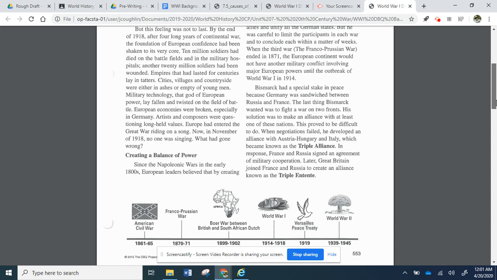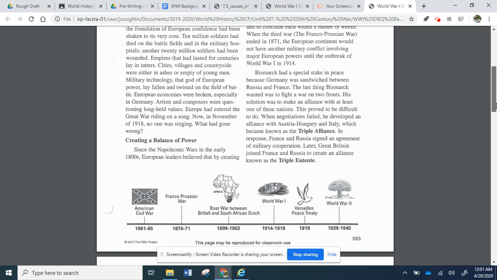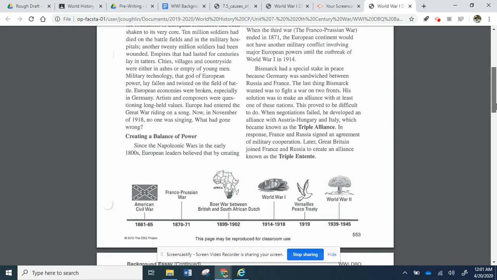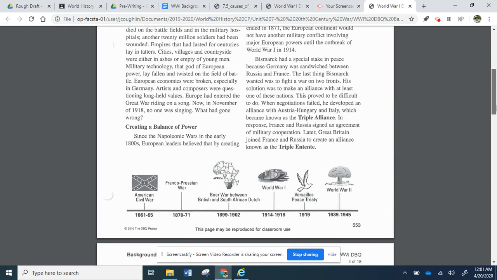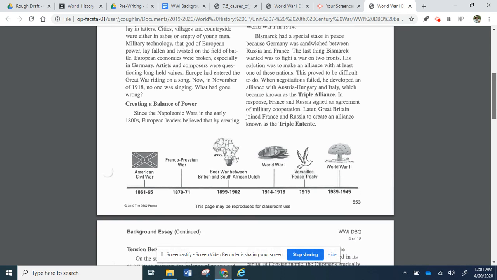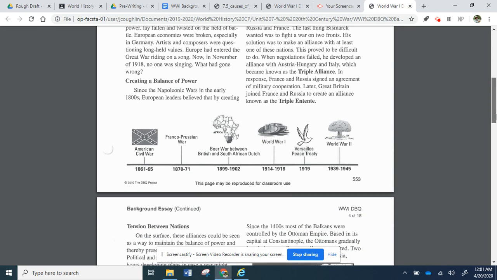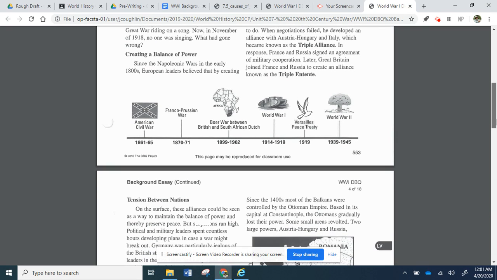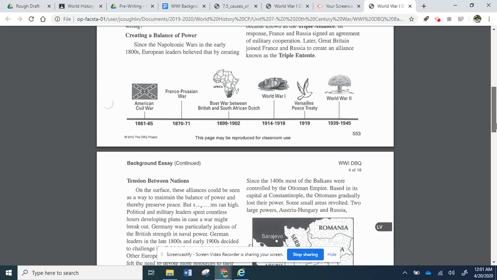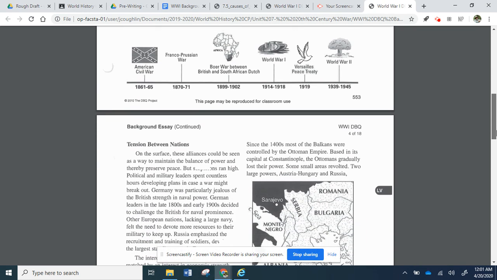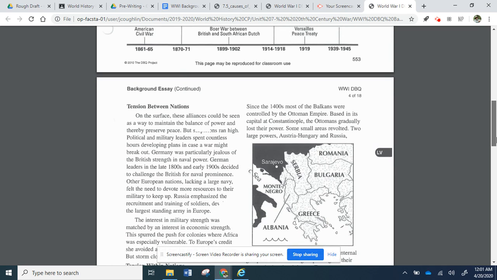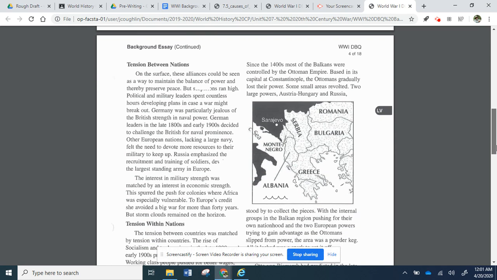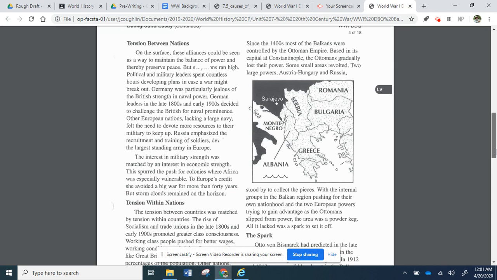Bismarck had a special stake in peace because Germany was sandwiched between Russia and France. The last thing Bismarck wanted was to fight a war on 2 fronts. His solution was to make an alliance with at least one of these nations. This proved to be difficult to do. When negotiations failed, he developed an alliance with Austria-Hungary and Italy, which became known as the Triple Alliance. In response, France and Russia signed an agreement of military cooperation. Later, Great Britain joined France and Russia to create an alliance known as the Triple Entente. Tension between nations. On the surface, these alliances could be seen as a way to maintain the balance of power and thereby